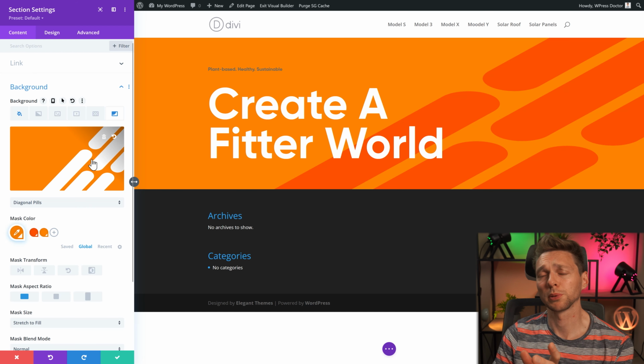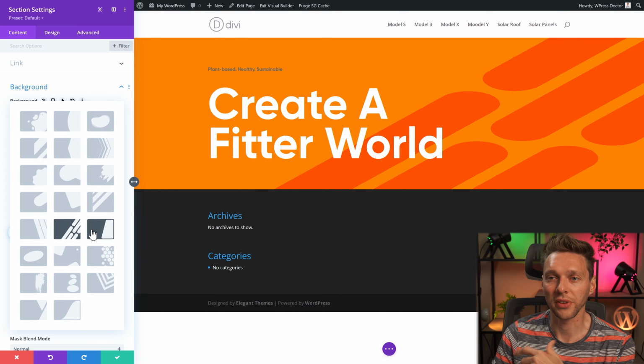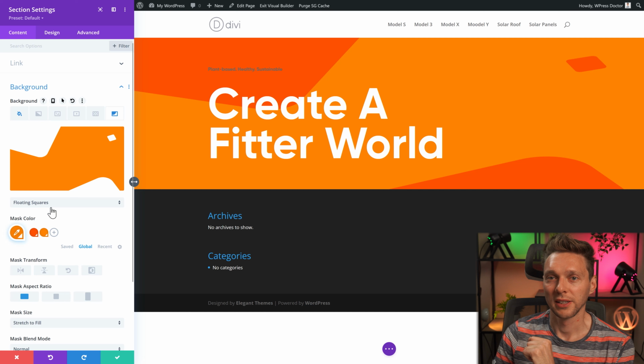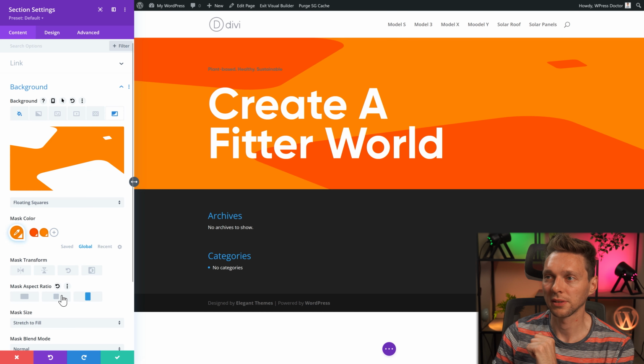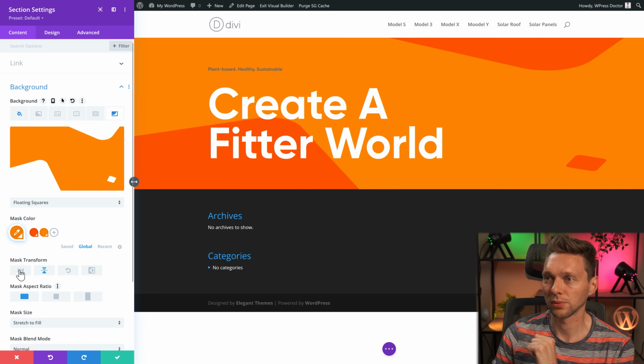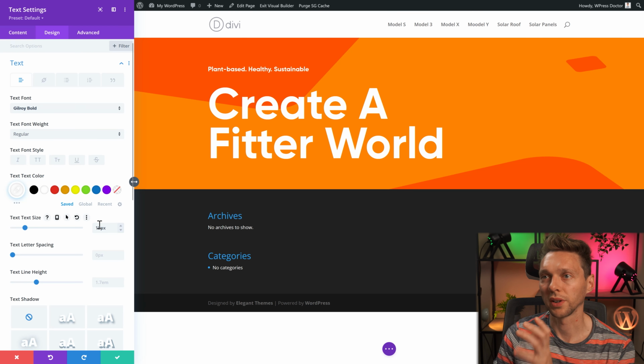It is actually possible with a trick to upload your own SVGs, but that goes a little bit far for this tutorial. We're just gonna create something like the original. So I think this would be excellent. We can just change it around a little bit. Choose whatever we want. Let's make this one 19 pixels.